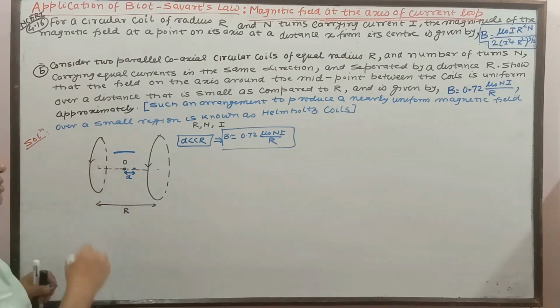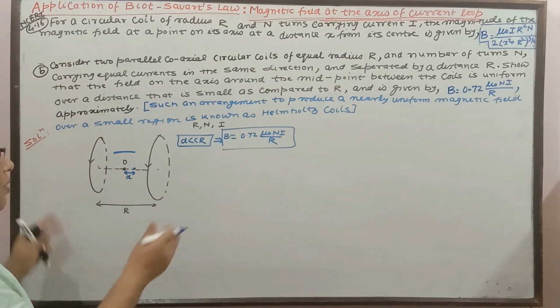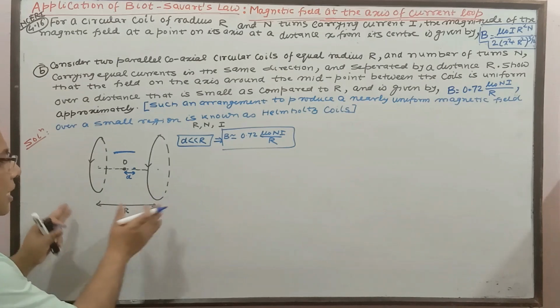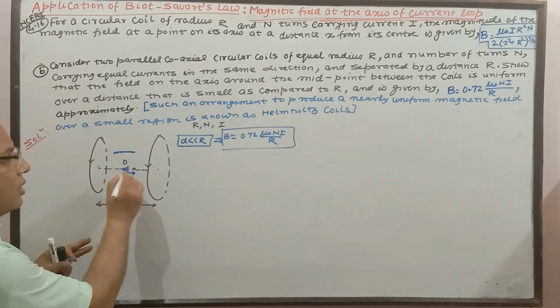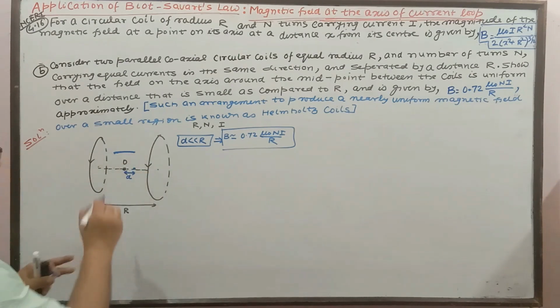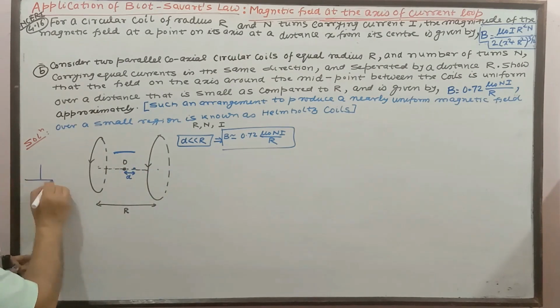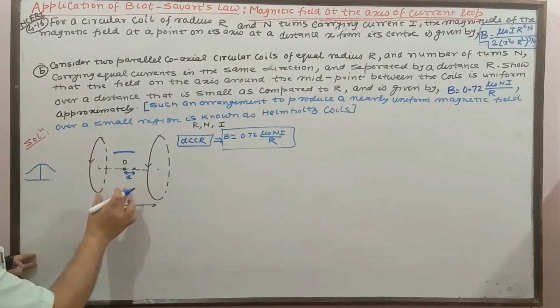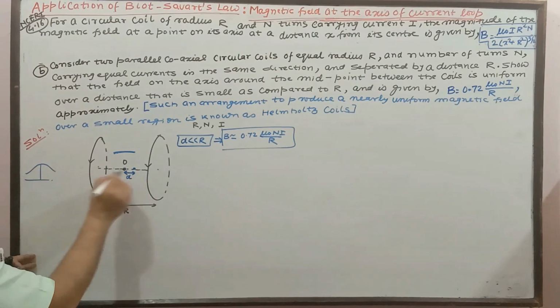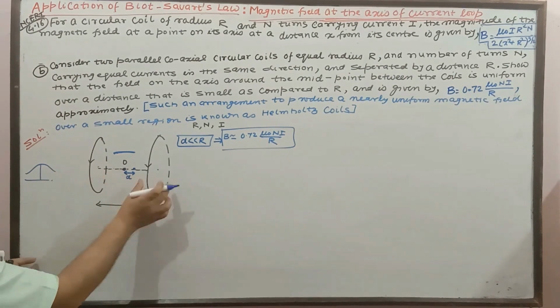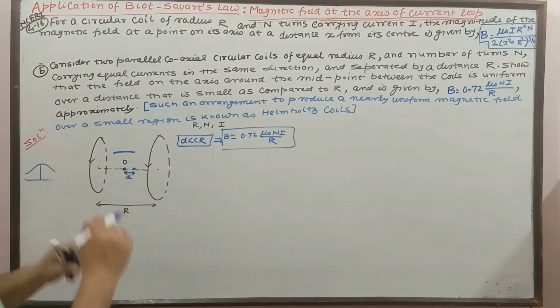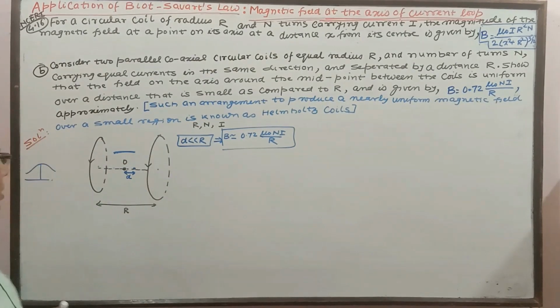Here, up to this, we have to show this field is almost uniform. For a single coil, we had seen the graph, but when this coil is kept at a distance R, for a certain distance from the midpoint on either side, the field is almost uniform. For a single coil we had seen the field is variable like this. But for two coils near to each other, for a small distance, the field changes to uniform. Due to these two coils, the fields are merged in such a way that the field is seen to be uniform, a certain value. So let us try to start it.